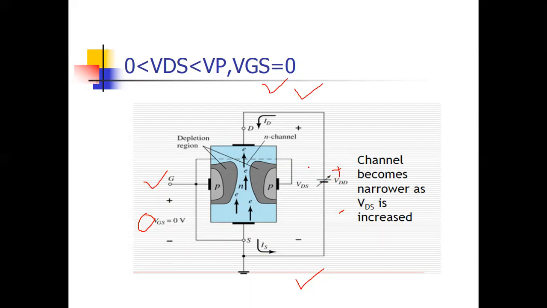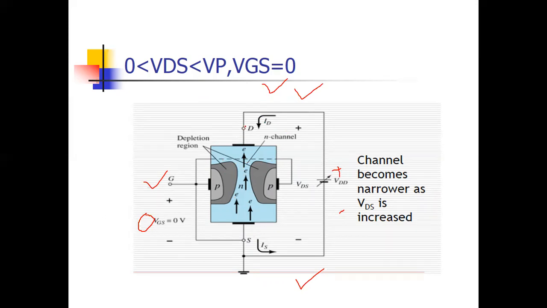Now if we increase this drain to source voltage, what will happen? Electrons will move faster. In this particular region, electrons are attracted by the positive terminal, so this region is more depleted than that region. That's why the depletion region has that shape. Again, listen carefully. When we apply positive voltage, all the electrons are attracted towards the positive terminal. Electrons start to move from source to drain, and we know very well that current flows opposite to the electrons.